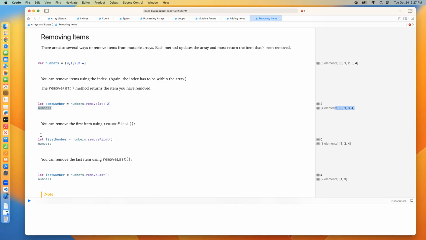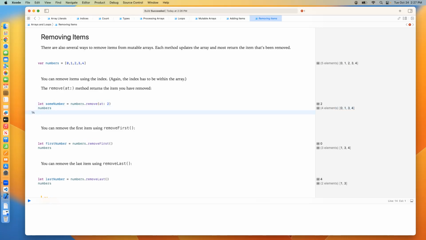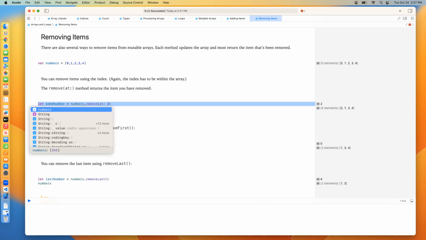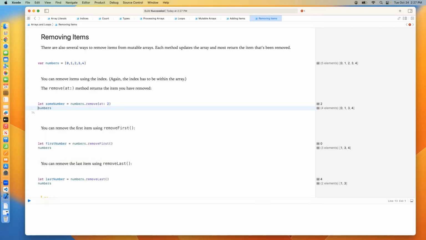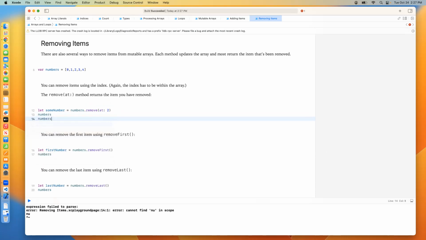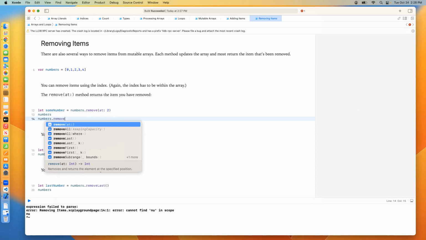Run it again. So let's, for example, do I need to store it? No, I don't necessarily need to store it. But I think the reason they're doing the let here is to show you which number it's pulling. But I could, in principle, just say numbers dot remove